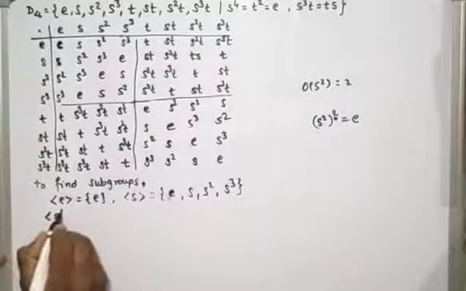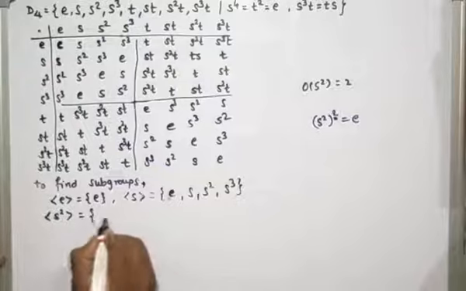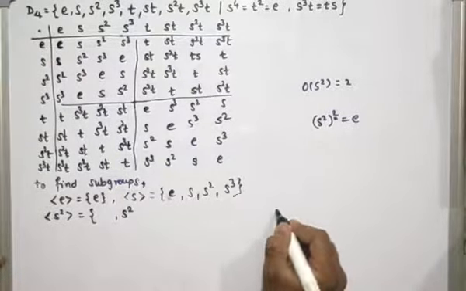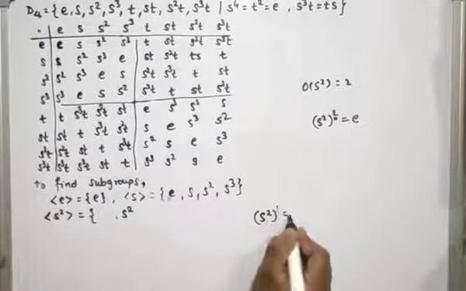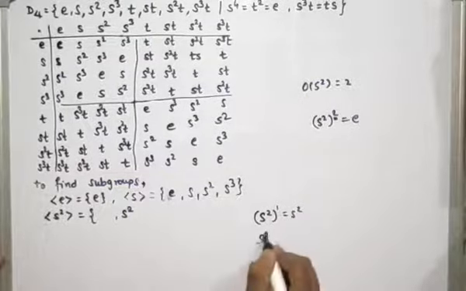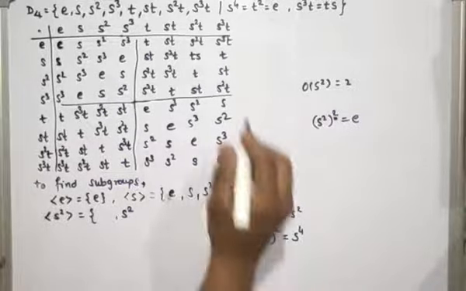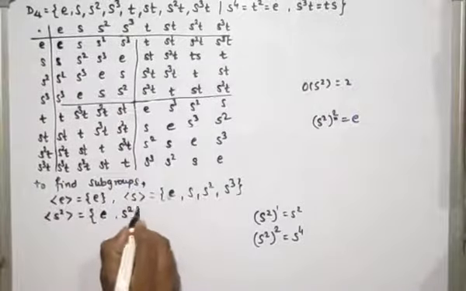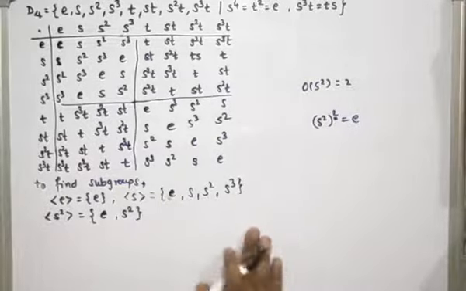So next the generator is S square. If I take S square as the generator, then the elements will be S square to the power 1, which is S square, and the second power, which is S raised to 4, and S raised to 4 is the identity, right? So we get that the subgroup generated by S square has 2 elements, which are identity and S square. Next